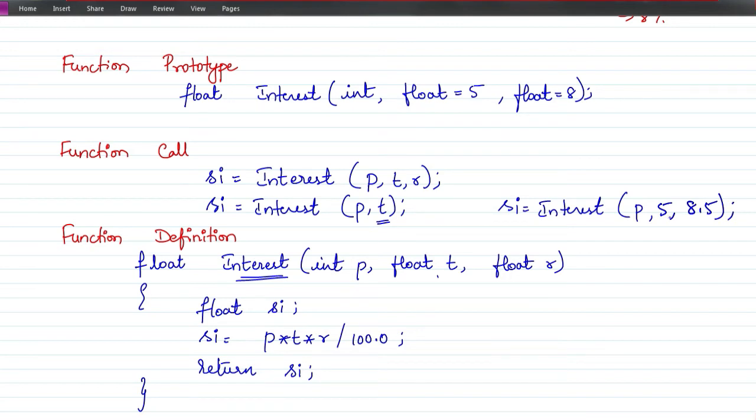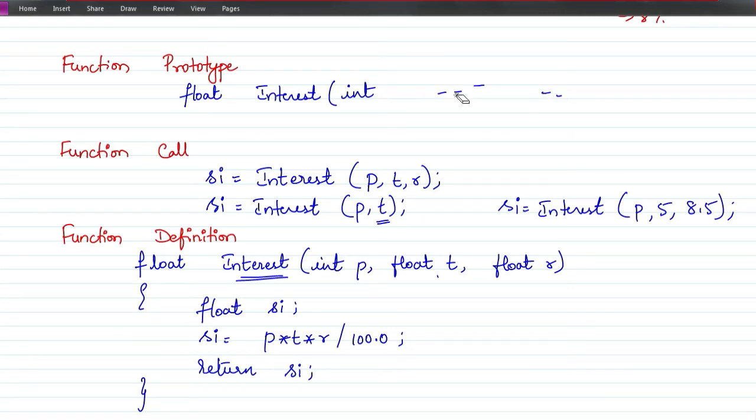The value that you have given is also 5, but you can't miss this because the last value you want it to be changed. So you must give it this way only. Another point that you have to consider is you cannot give default value for the initial parameters and define the normal parameters later. Like you can't give like this.